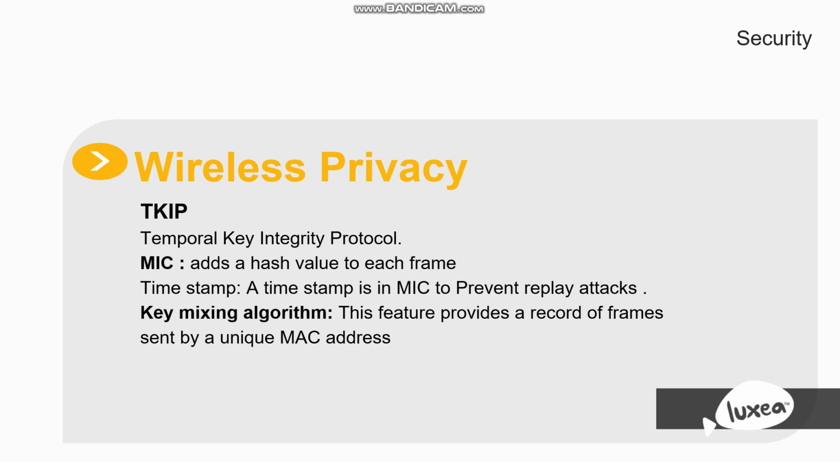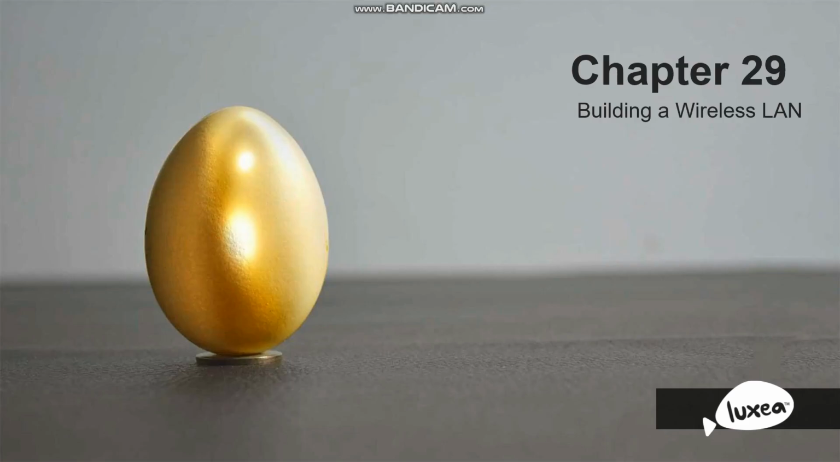Wireless privacy. Okay, TKIP, Temporal Key Integrity Protocol. It adds several security features. MIC adds a hash value to each frame as an integrity check to prevent tampering. Timestamp: a timestamp is added to the MIC to prevent replay attacks. Key mixing algorithm: this feature provides a record of frames sent by each unique MAC address. There are some more, but I will just skip them. Okay,